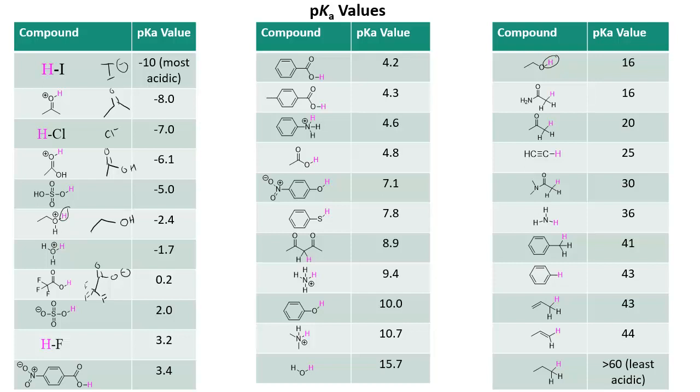And then we also have the strong inductive pull of the fluorines attached to this carbon. Hydrofluoric acid is the least acidic of the halogen row on the periodic table. So hydroiodic acid is the most, and then hydrobromic acid, which I have included on this table, and then hydrochloric acid, and then finally hydrofluoric acid. So even though the fluoride is the most electronegative atom, it's also the smallest atom. So size, in this case, plays a larger role than electronegativity